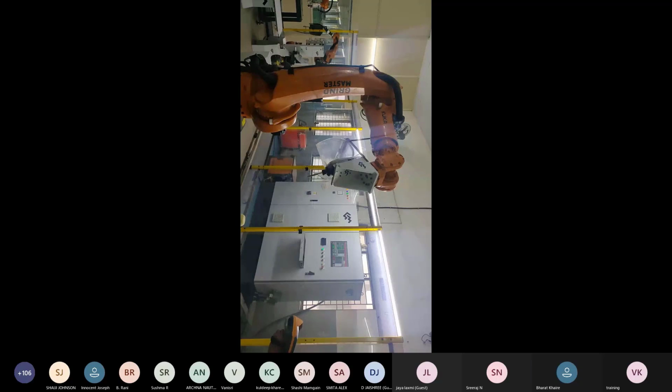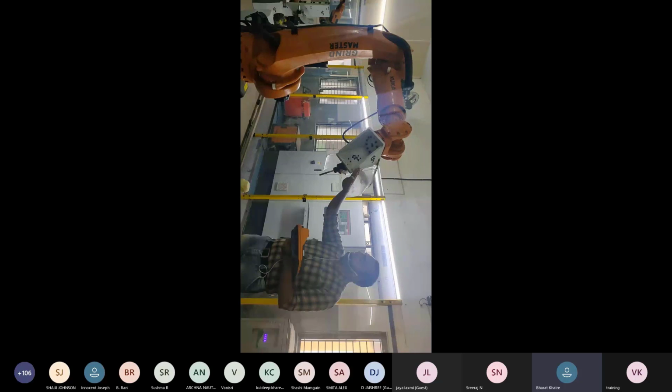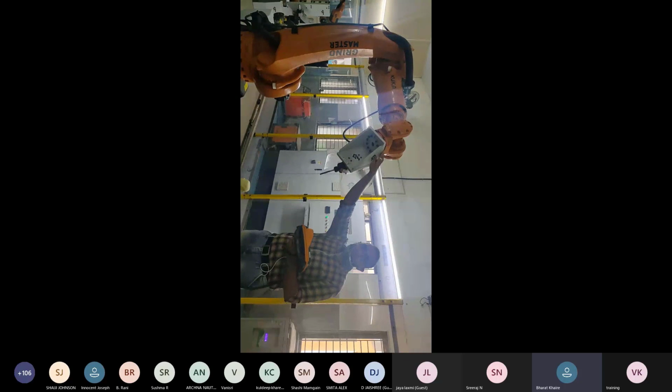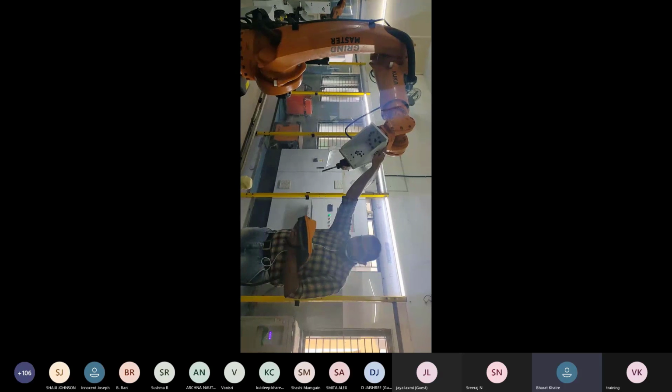Now you are watching the end effector. The end effector is always mounted on the sixth axis of every robot. The sixth axis is also called the flange. This end effector is a spindle, and the spindle has one motor here.